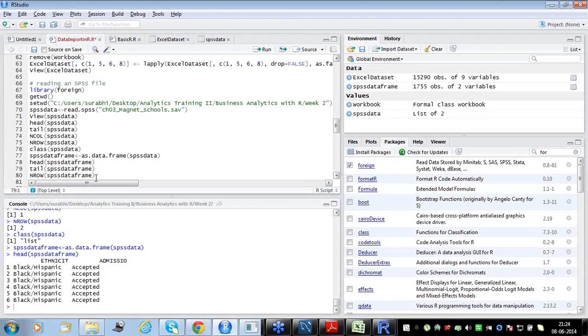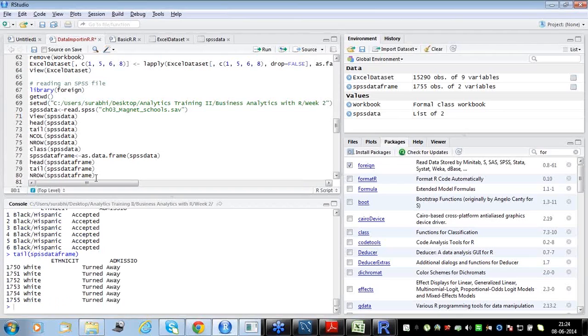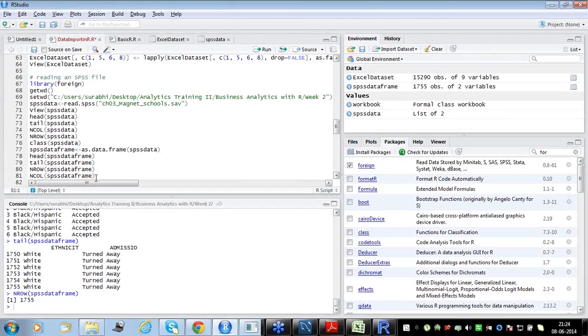Okay, yeah, Gaurav, wait a minute, we'll come to that. When we look at the tail, it's ethnicity and admission. Now the number of rows, there are 1755 rows. So as.data.frame is doing what? It is also taking care of column names. If you remember, Gaurav, like